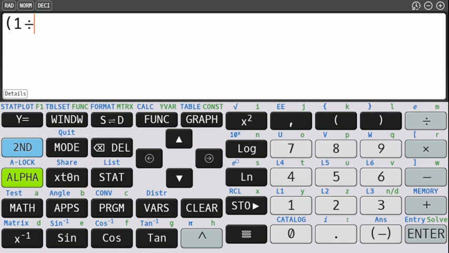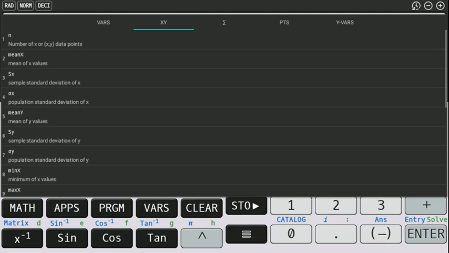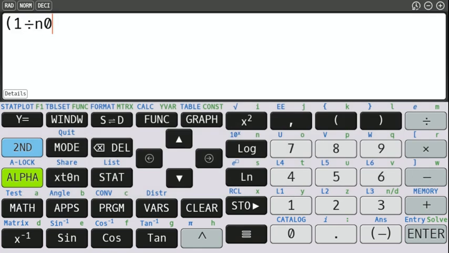Now I want the calculator to input my n value. Even though I know it's 10, I just want to get you used to using the calculator inputting variables for you so that it eliminates some mistakes. So hit the VARS button. Now, you'll have to do some exploring around on the TI-84 because the VARS menu on the TI-84 looks quite different than this, okay? So what I'm going to do right now is I need N. On the TI-84, it's under the XY menu. So I'm going to hit N, close my